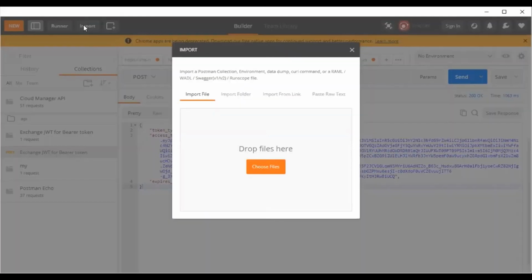The next step is importing the YAML file which I have downloaded. That file contains all the ready-made Postman APIs, and I will be able to call the Cloud Manager API directly using this collection. Since I have already installed the collection, I won't be doing that.